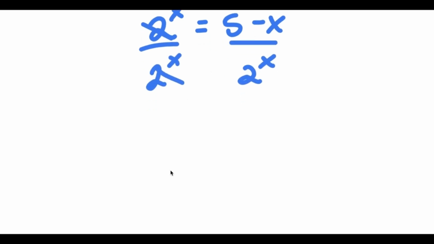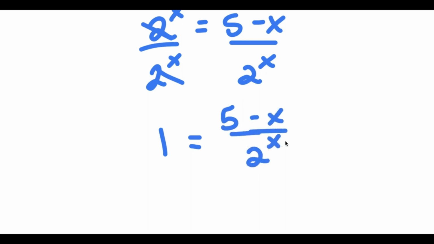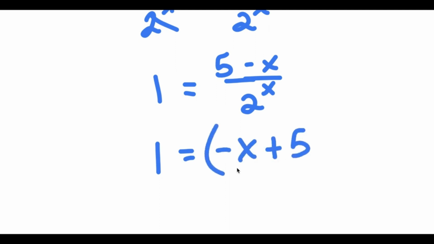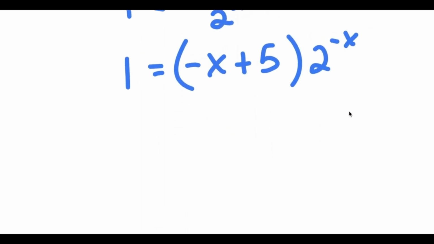So these two cancel out, and I get 1 is equal to 5 minus x over 2 to the power of x. Now, this is the same thing as negative x plus 5 times 2 to the power of negative x. And if I multiply both sides by 2 to the power of 5, I get 1 times 2 to the power of 5